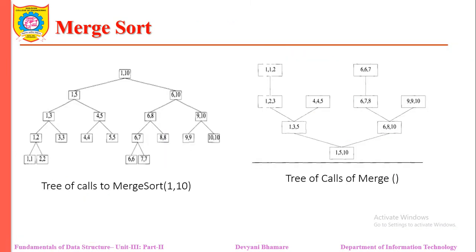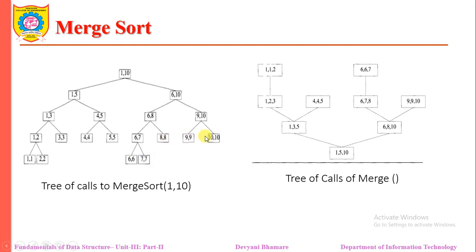So here it shows that if we started with the merge sort algorithm, which consists of the index from 1 to 10, then it divides into 1 to 5. 1 to 5 is divided into 1 to 3 and 4, 5. Again 1, 3 is divided, meaning here we are dividing the entire array from 1st index to 10th index in such a way that every array consists of one element.